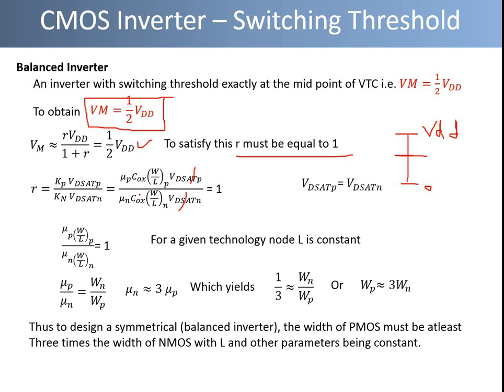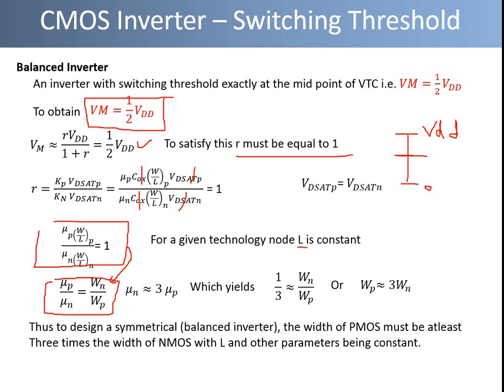And also the oxide capacitance is a constant technological parameter, so therefore it is also cancelled out, and this gives us the following relation. Normally for a given technological process, for example 250 nanometer, 130 nanometer, 45 nanometer, etc., the length is the feature size, which is a constant, so it is also cancelled out from this relation, and this simplifies to this relation. This W denotes the width of NMOS and PMOS transistor.